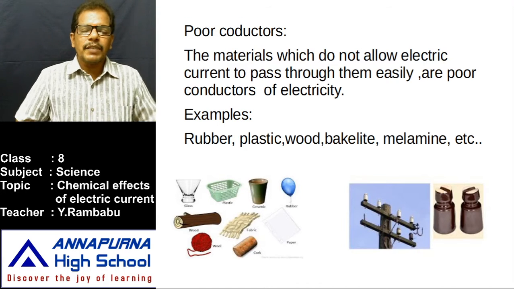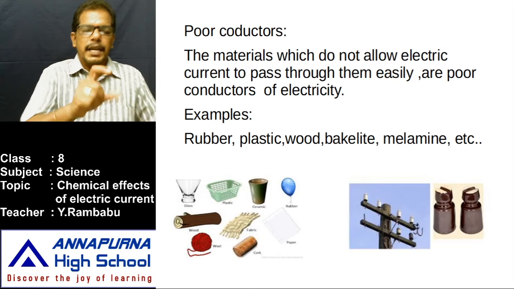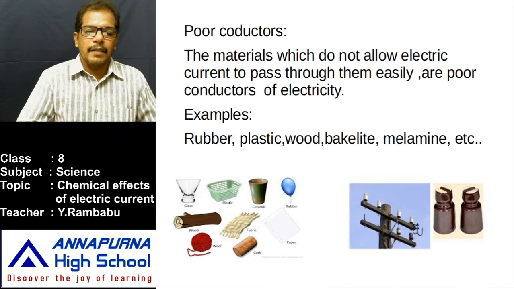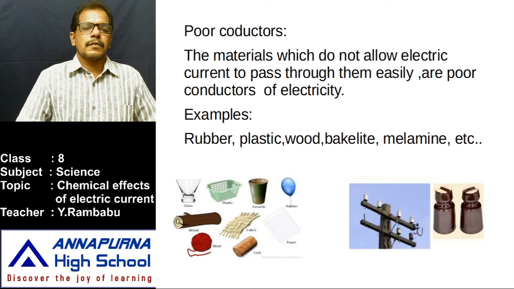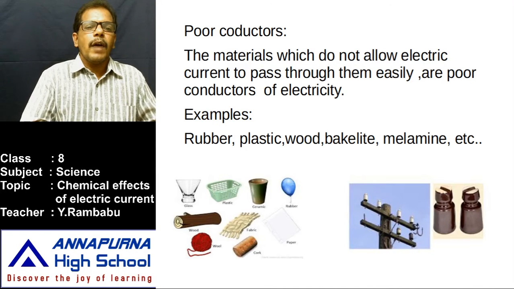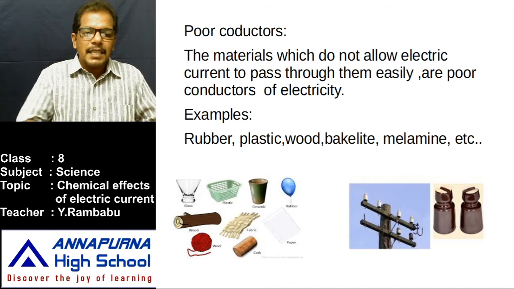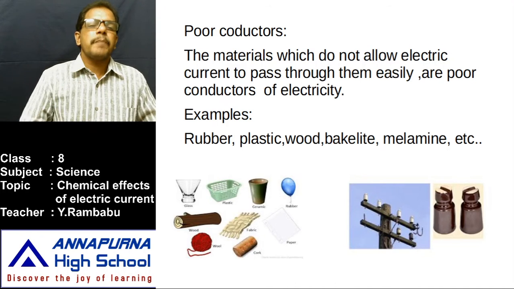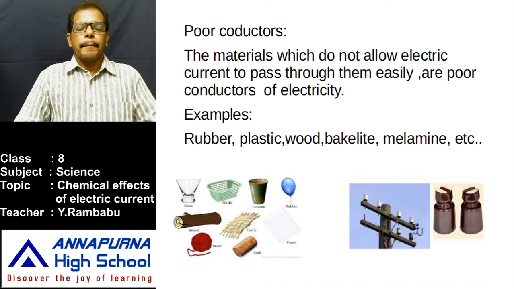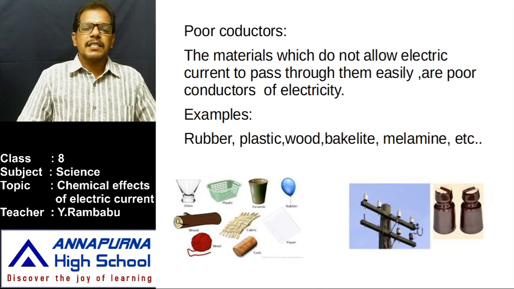While handling electrical or electronic devices, to test whether electricity passes, some devices are used, maybe a tester. The handle of the tester or other device is made of an insulator. What are these insulators? These are the materials which do not allow electric current to pass through them. Some of them are rubber, plastic, wood, bakelite, melamine. We observed the electrical switches are made of melamine. All these are bad conductors of electricity.